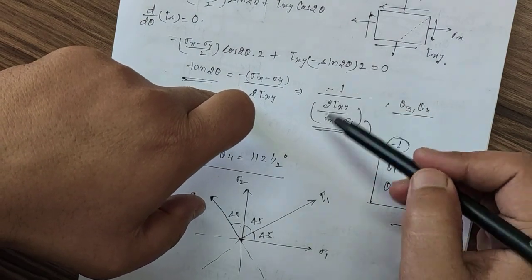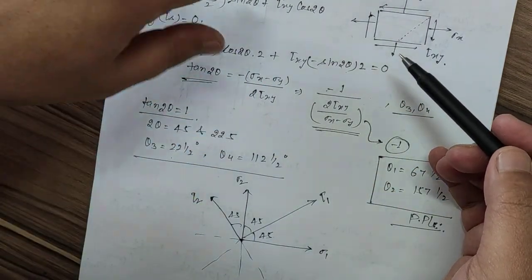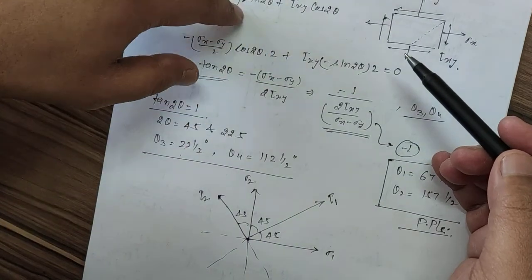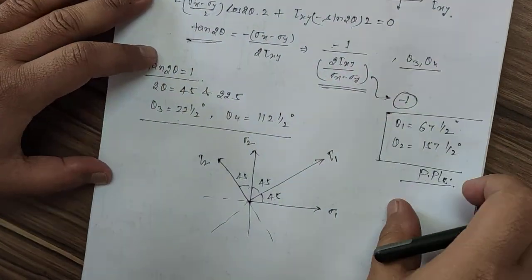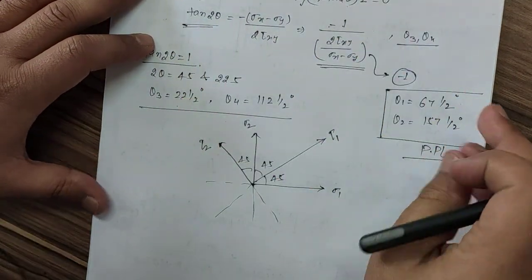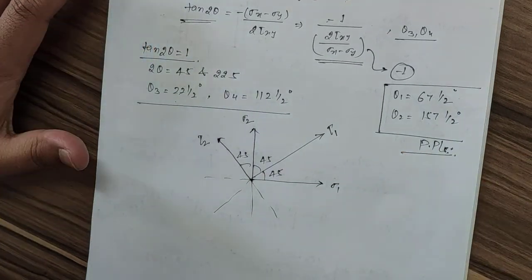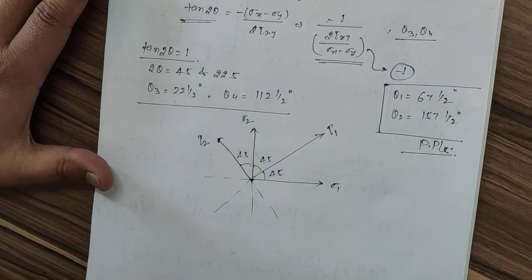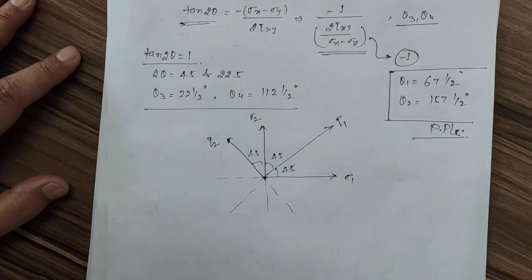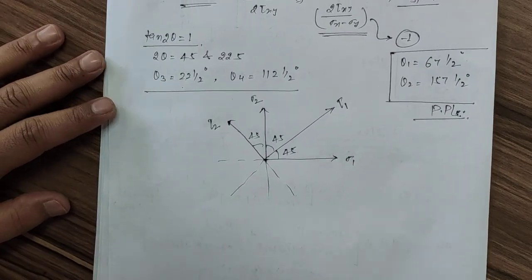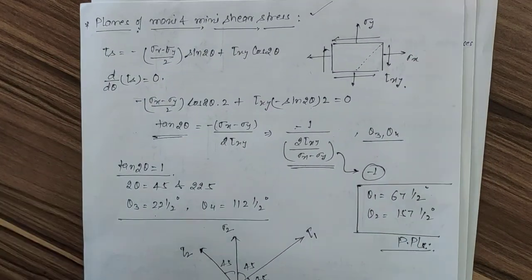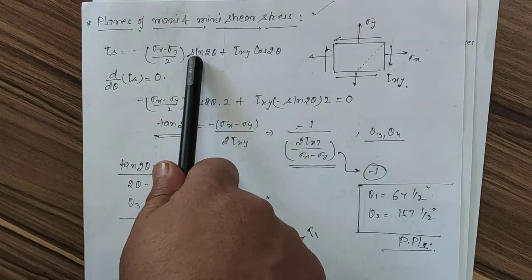Okay, but on the principal plane shear stress is 0 and normal stress is maximum and minimum. So this part we have to remember. Now these are the values for the principal planes and the maximum shear stress plane. Principal planes and principal stresses, then we are having shear stresses and shear stress plane.